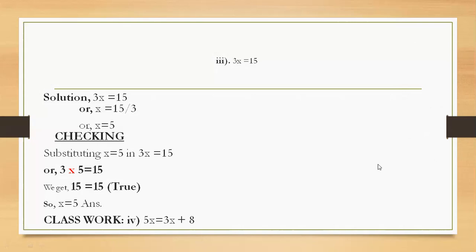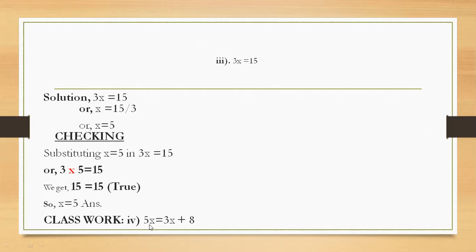Have you understood? Therefore, x is equal to 4. Checking. Are you doing checking or not? Sir, in this checking part, should we multiply or divide? I'm confused in that checking part. Multiply. Sorry, multiply also. 5 into... Sir, can you explain the classwork once again? Look here, in checking, it will be 5 into what? Can you explain that classwork again?